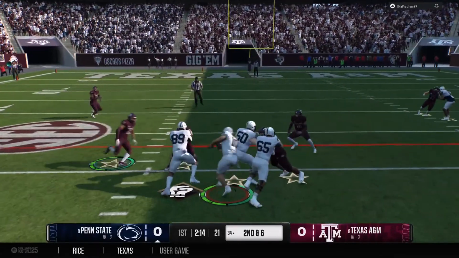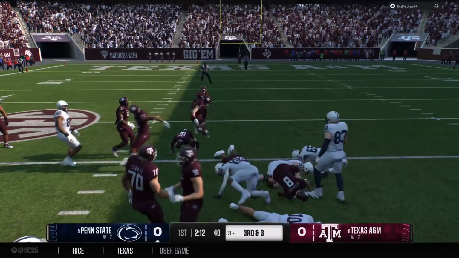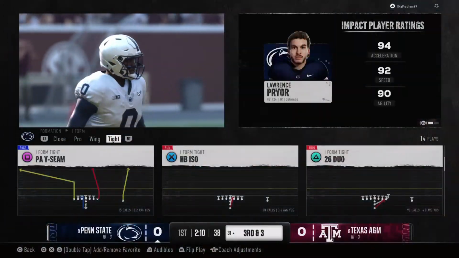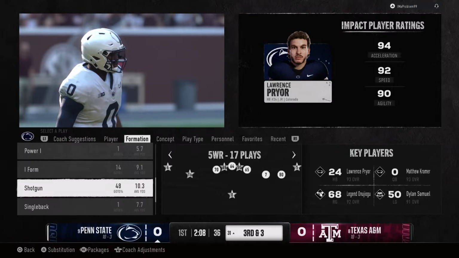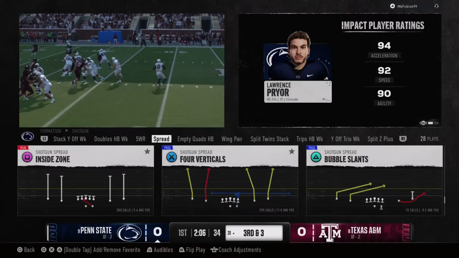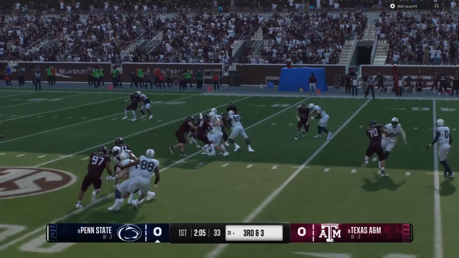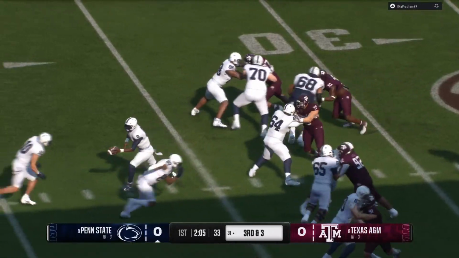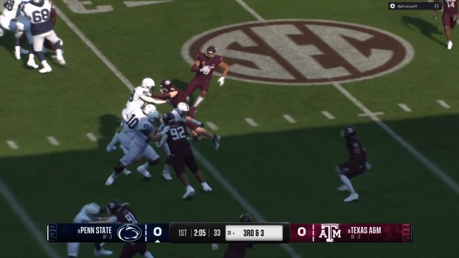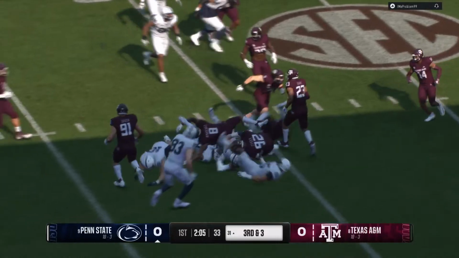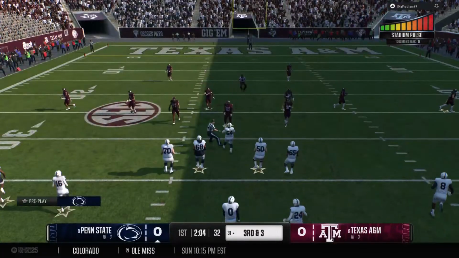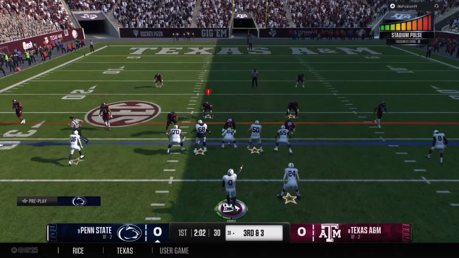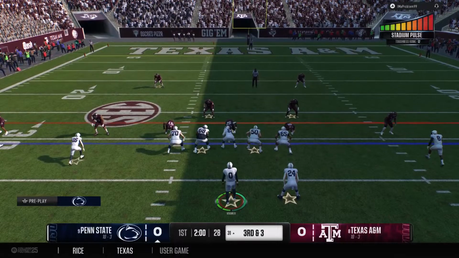He'll hand it off. It's a short gain, but look at that defense swarm to the football. Chris, the spread era over the years has always grown offensively, but I've always been impressed with defenses that really build their defense to play in space, still have an ability to be sound at the line of scrimmage and defend a running game. It's exactly what we saw right there. That run sets up a critical third down play.